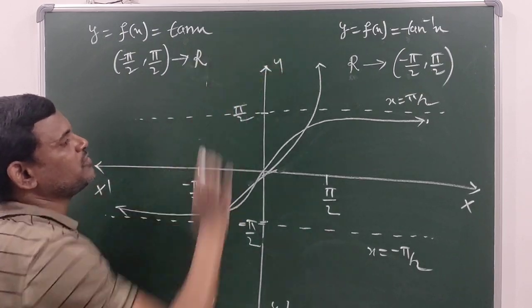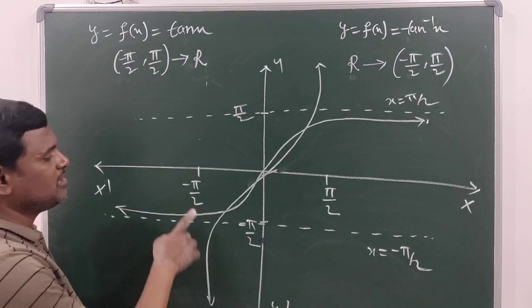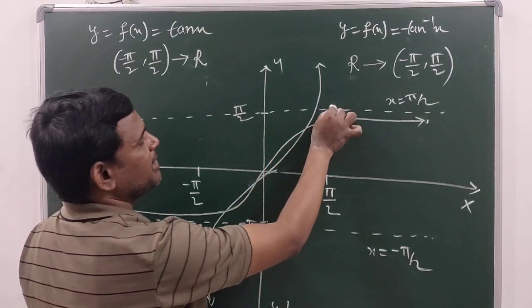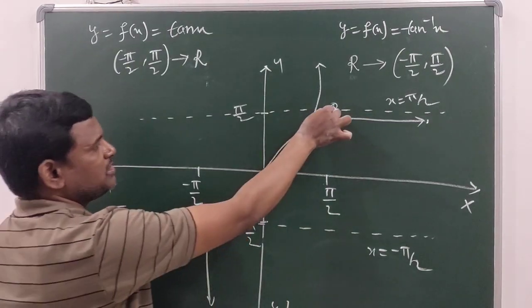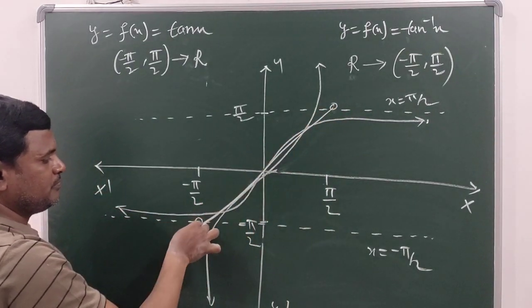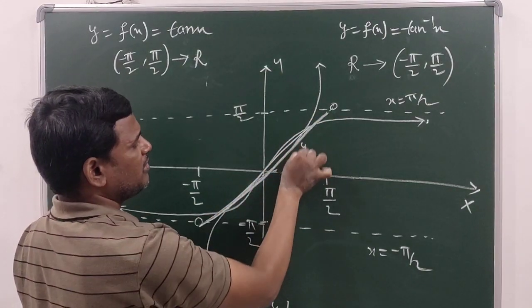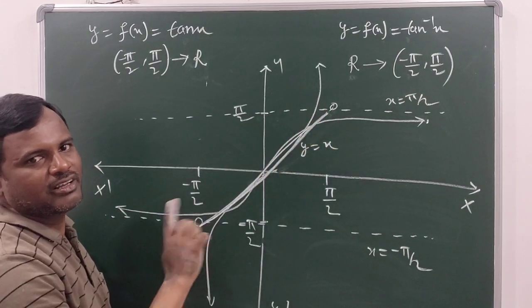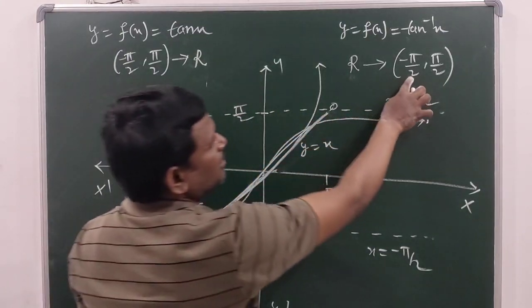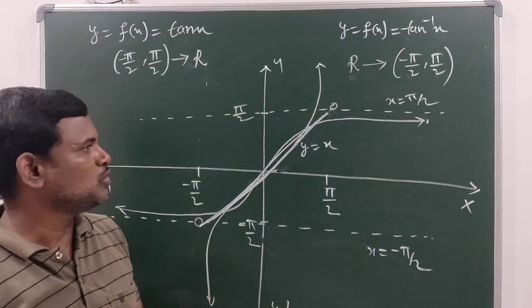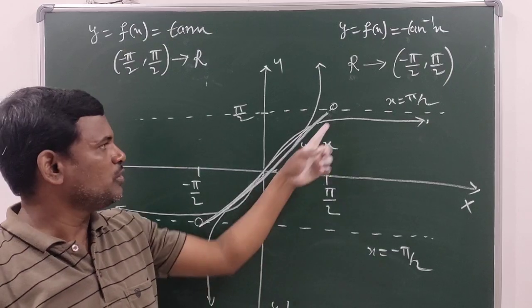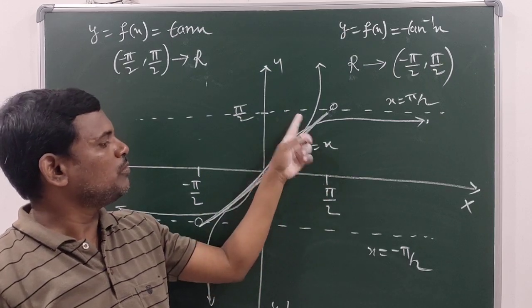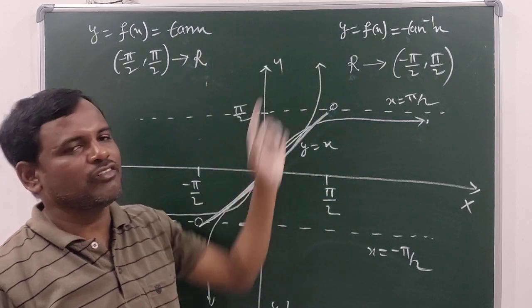Now, both graphs are again mirror images about the line y equal to x in the interval minus 90 to plus 90, but open. Opens are okay here. What is this? The y equal to x line between minus 90 to 90, open interval of minus 90 to 90. Y should not take minus 90 or 90, so here I kept open circles. What is the equation of this line? Y equal to x. So this tan x and tan inverse of x both are